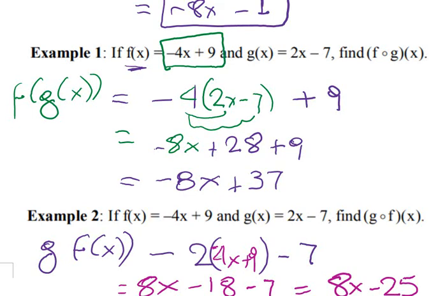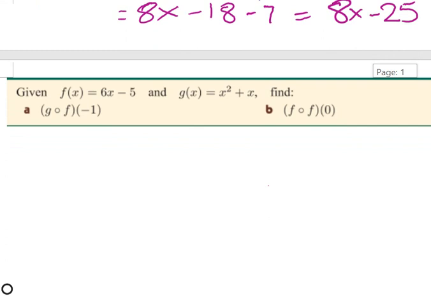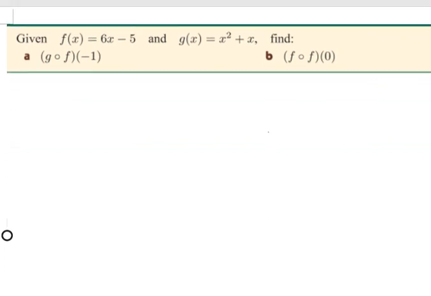We stopped the previous video when you were trying to solve g of f of x, and you had, I assume, put the g outside, and then instead of x, you put the equivalent of f, which is minus 4x plus 9. If you have done this, you would be solving something like this. Now, we're going to move to a little bit more complicated cases